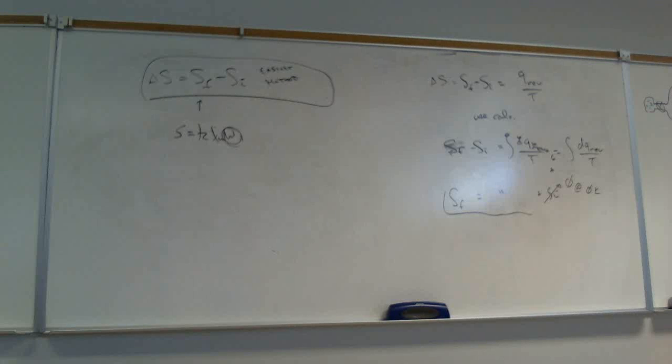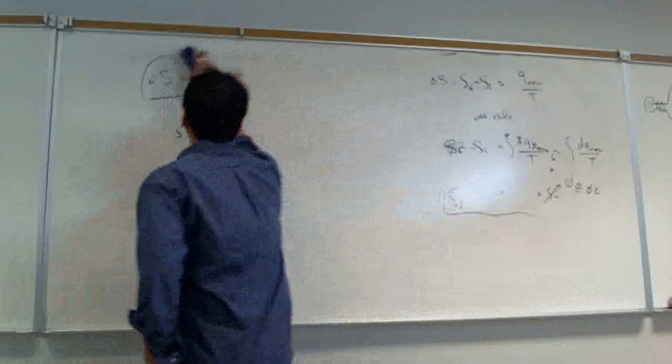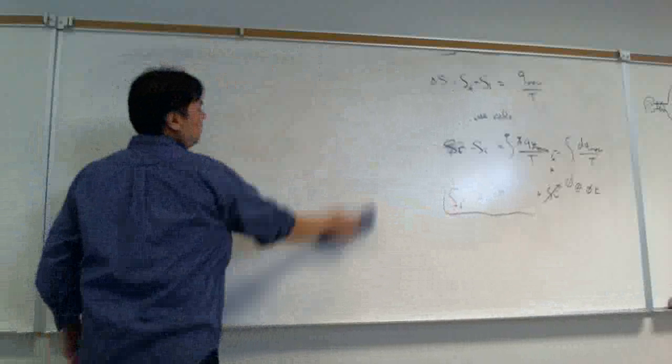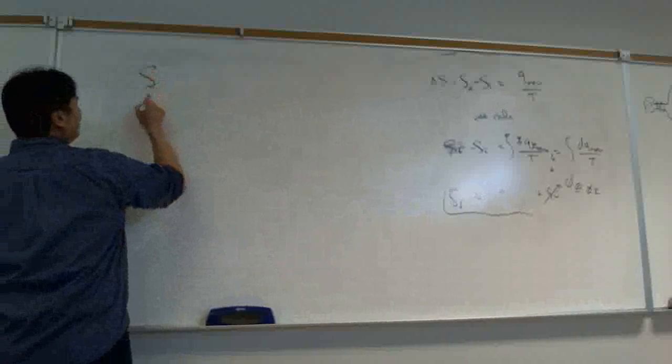Heat is going to be related to transfer of kinetic energy. Transfer of kinetic energy is related to heat capacity. Right? And so what we know here is eventually that the entropy, the absolute entropy,